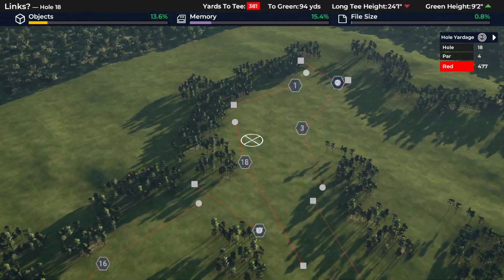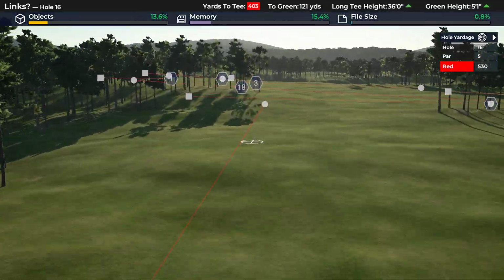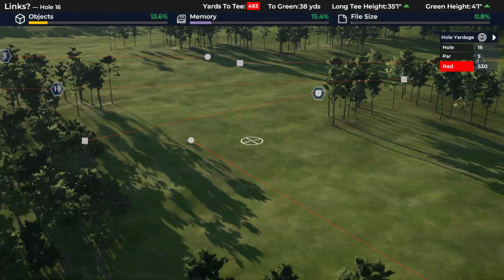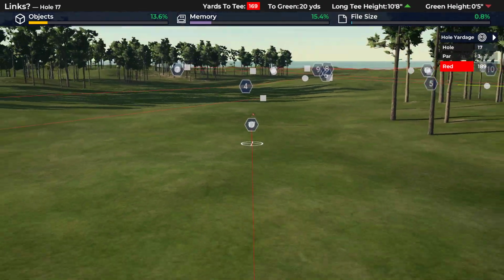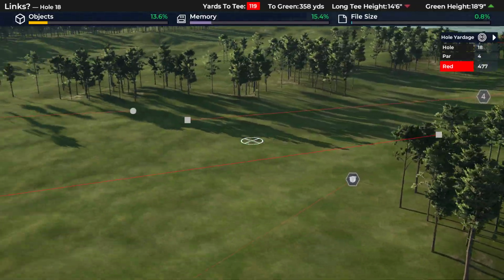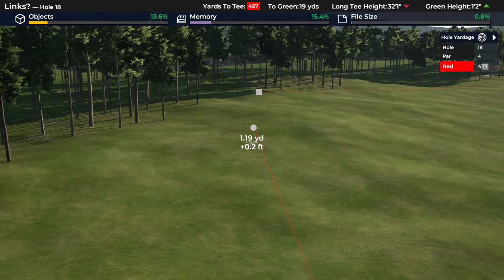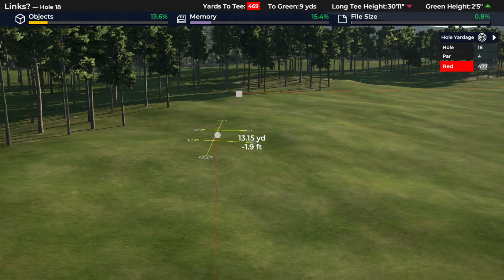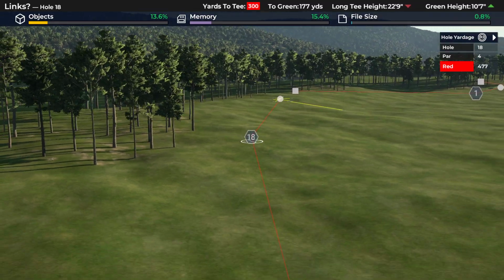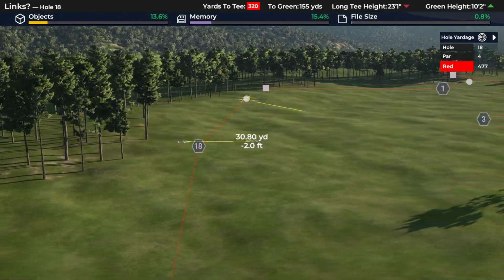hole, and you can tell we've got the flatter areas of this plot and then the duney areas out here. 16 I thought was lovely, just a really flat, open look, so we'll try to create a lot of that. 17, I don't really know, I think this one's pure transition because I needed to get to 18, which I liked, and 18's this hill ridgeline sort of hole again, where you'll have a green something like this and everything from here just falls away, so you're really trying to hold the left hand side with your tee shot, and we'll probably have some bunkers or tree line or something,